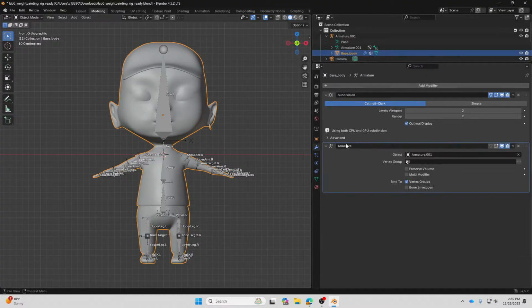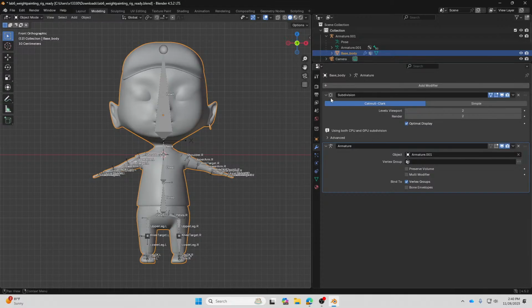On the modifiers, you'll be able to see an automatic armature modifier. You see that Blender has automatically added an armature modifier over here. Alright, and the object has been selected as the armature, which means that there is a binding between the body and the bones.